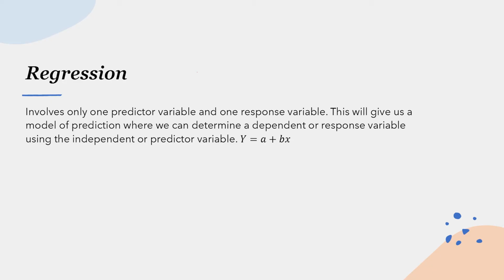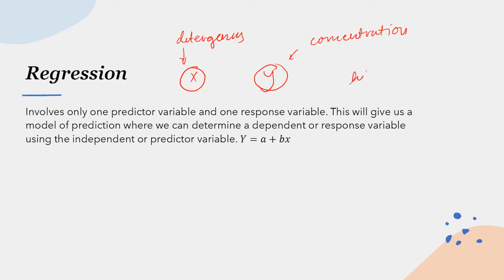So for instance, yung x natin and yung y, x sa example natin is our detergency and y is our concentration. So this is one thing that we have to consider with the regression: before we perform it, we have to have a high correlation. Okay, the reason for that is